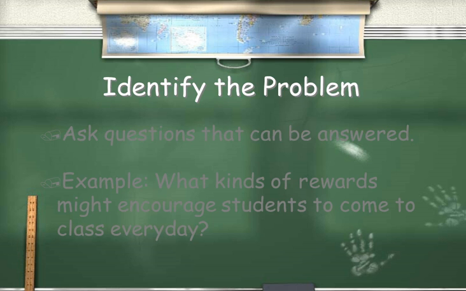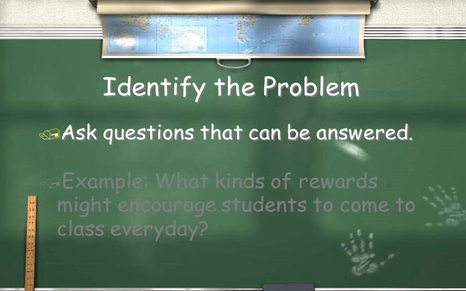When we talk about identifying the problem, when we state the problem, it's important to ask a question that can be answered. Some questions, as you know, just flat can't be answered, and if so, then they're not a good candidate for scientific thinking. For example, let's say we're interested in increasing the number of hours students study for exams. So we ask the question of three types of rewards: which is the best reward for increasing the number of hours that students study for an exam?